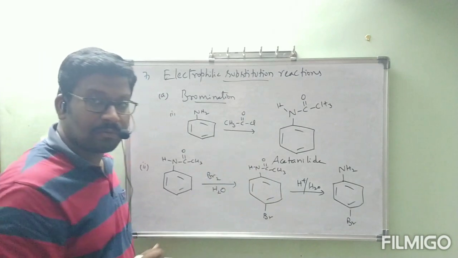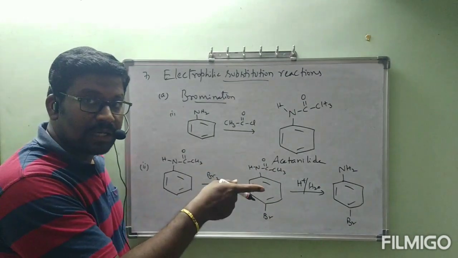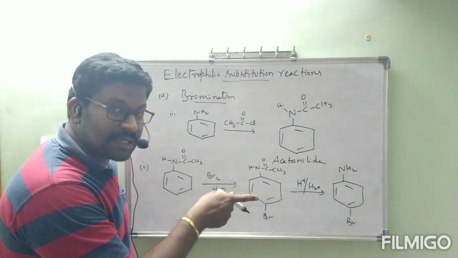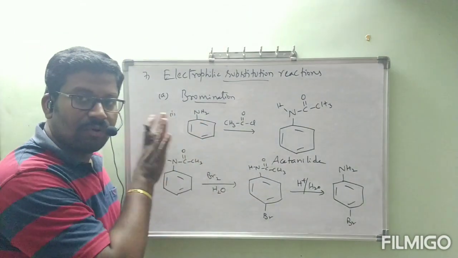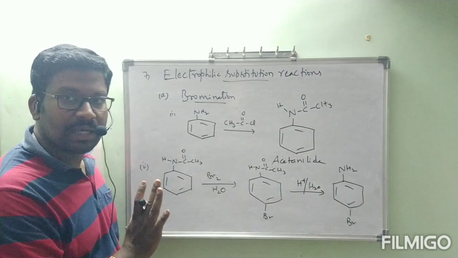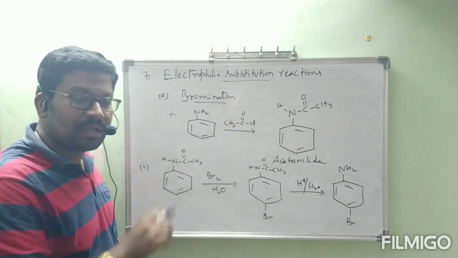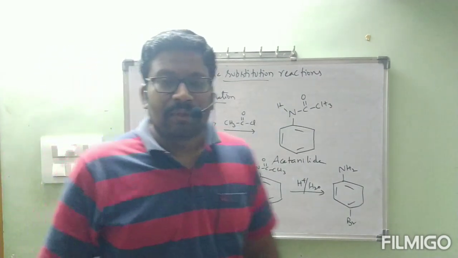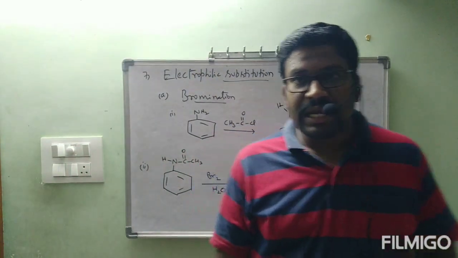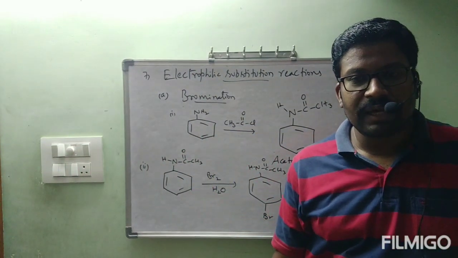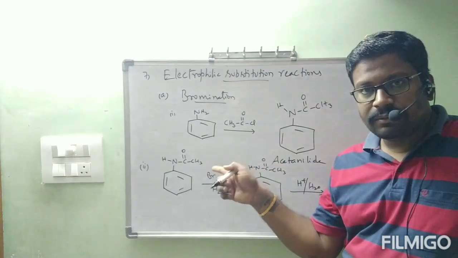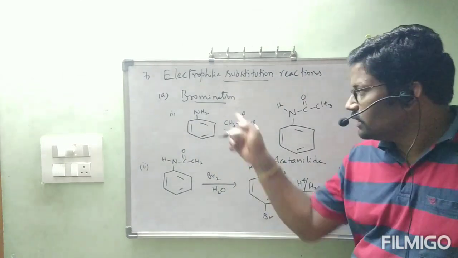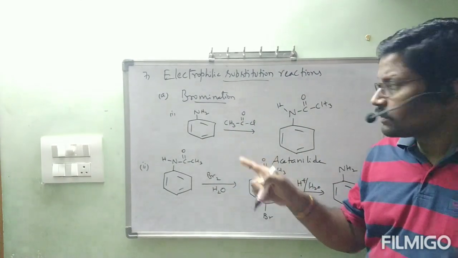We got only para-bromoaniline. We got para-bromoaniline by deactivating this NH2 group. Otherwise, we will nowhere get a single product like that. Ortho and para, all three will get activated because NH2 is a highly active group. Now, how is this acting like a deactivating group? I will show that. Before that, are you clear, everyone?